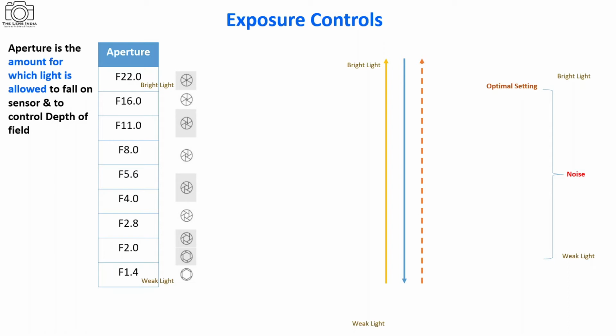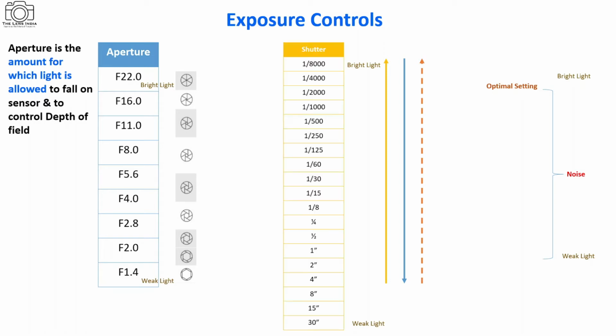Okay, so that is nothing but depth of field. With the lesser number of the aperture, we are going to get less depth of field. That is, only a limited or certain part of our image is going to be sharp. Rest everything will be out of focus or blur. The moment we shift our aperture from f1.4 and gradually go to f22, we will get the maximum amount of sharpness in the image. Even the background and the foreground will start becoming sharp, and the bokeh effect will start reducing. Just in simple terms, this is how we control the depth of field.